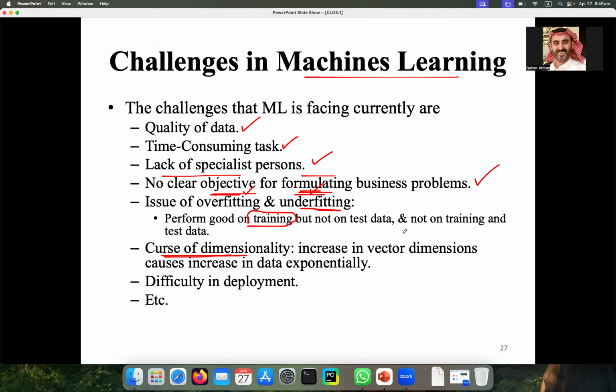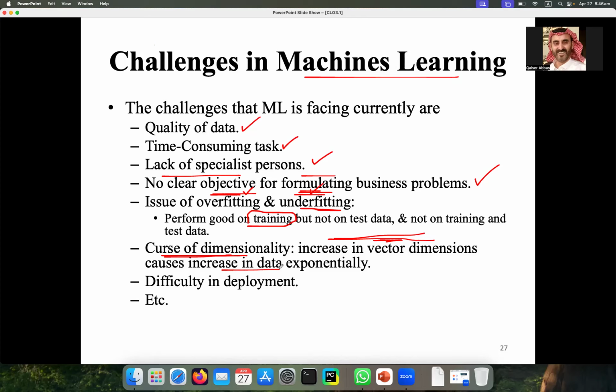Normally when the size of the vector is too large, the model will take too much time in learning, because you have many columns. So an increase in vector dimensions, the size of the one-dimensional array, causes what? An increase in data exponentially.